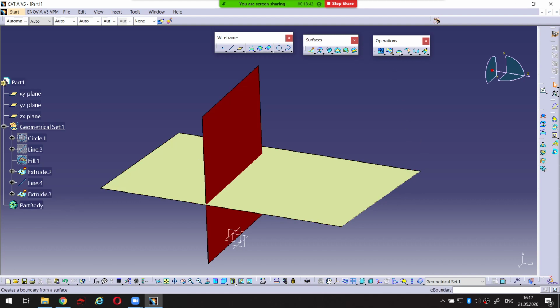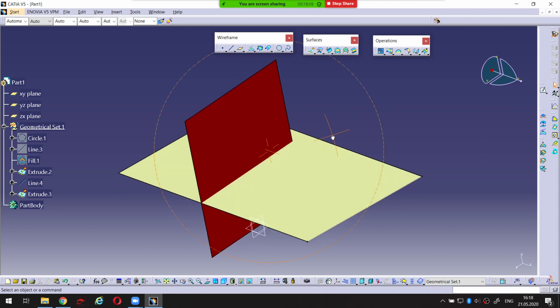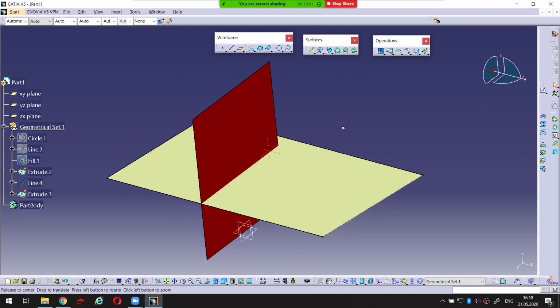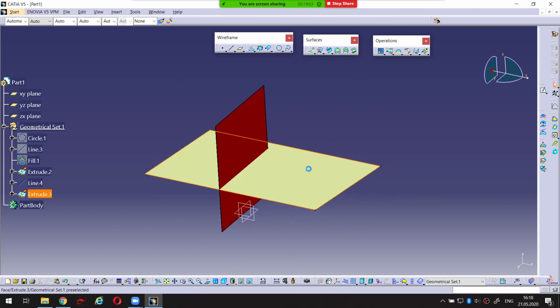And I want to switch to another tool named boundary. So what is boundary? Boundary is, okay, I'll just show you. Let's say I have this kind of surface. If I click on boundary,